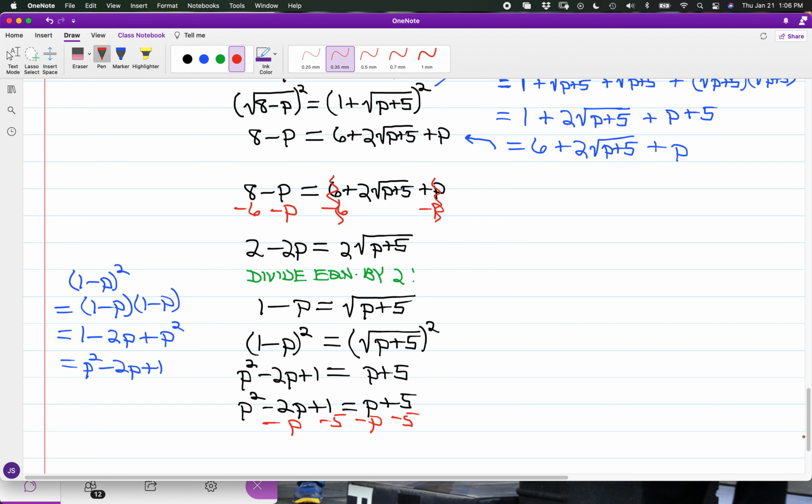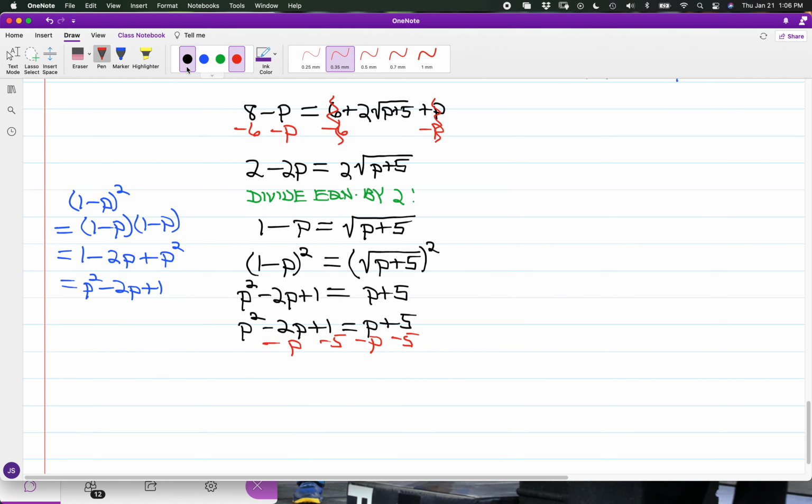Okay, so we're going to have p squared minus 3p minus 4 is equal to 0. And in looking at factoring this time around, I have p plus 1 and p minus 4,